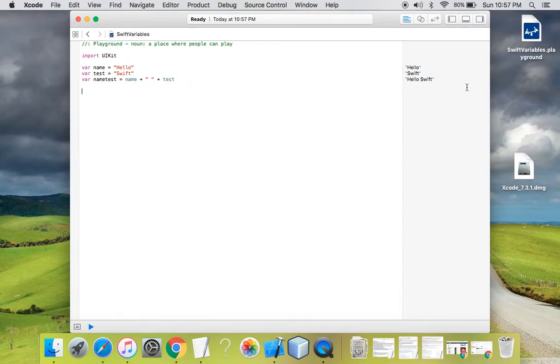As you can see in the sidebar, the value of my concatenated variable is printed over here. Name contains Hello and test contains Swift, so the value Hello Swift is printed. So simple, right? This is basic string concatenation, combining both variables into a single variable.